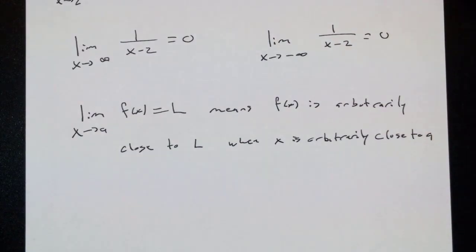This is the linguistic version of my epsilon delta idea. The limit as x approaches a of f of x equals L means f of x is arbitrarily close to L. That's our epsilon. By making x arbitrarily close to a. That's my delta. You can get as close as you want to L. You just have to get really close to a to do it. So if I think of translating this idea to infinity,